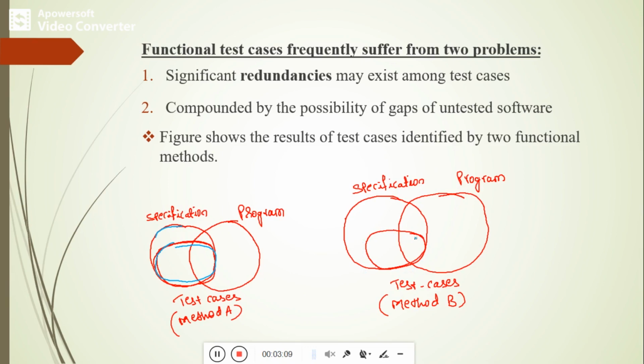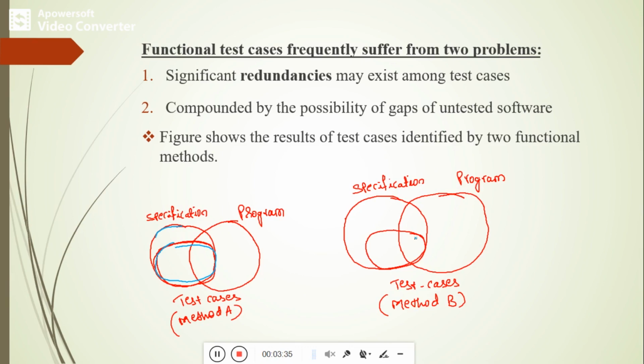Why? Because the methods are based on the specification behavior, so it is hard to imagine methods identifying behavior that is not specified. If the specification has been clearly defined, then we can write more test cases under the functional testing technique.